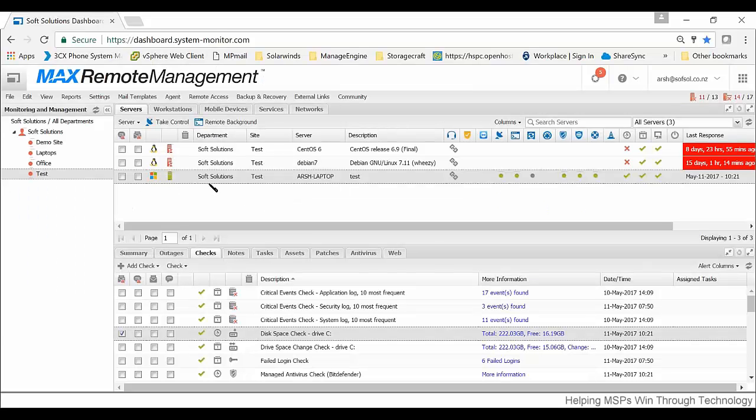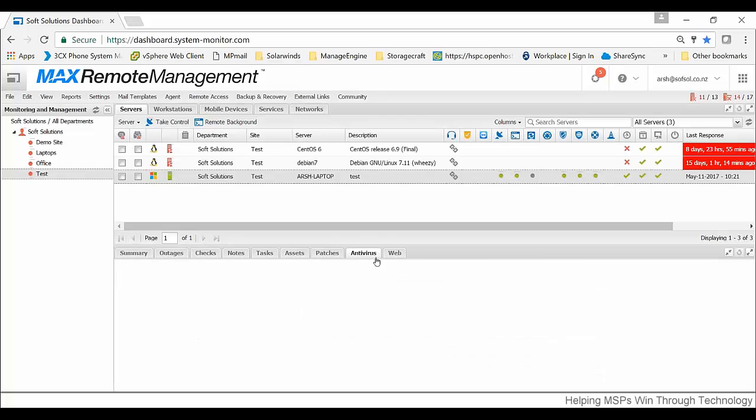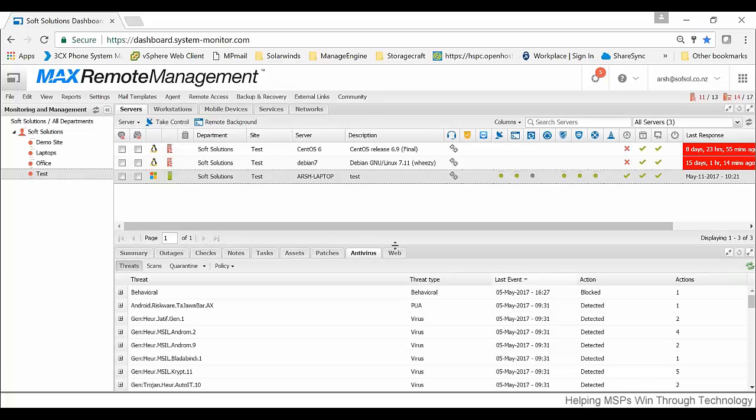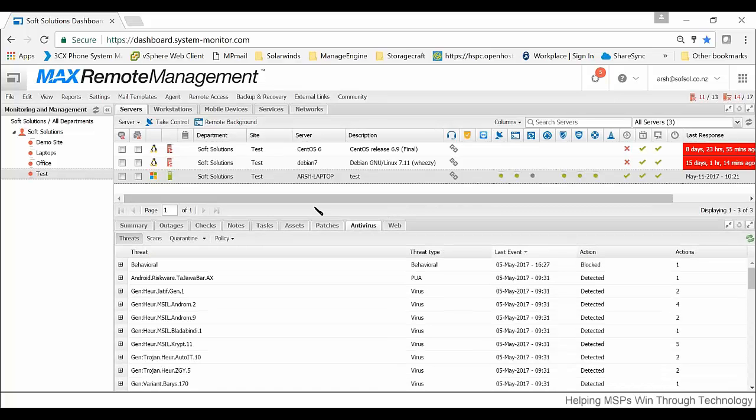So over here, that's my machine. I'm sure you guys are familiar with what's here. There's the north pane, south pane, and the left pane. In the south pane, we have this antivirus tab. If I go over here, it will show me information related to this device, which is my machine right here. Ooh, it's nice and green, so everything is going good. Over here, the threats which have been found